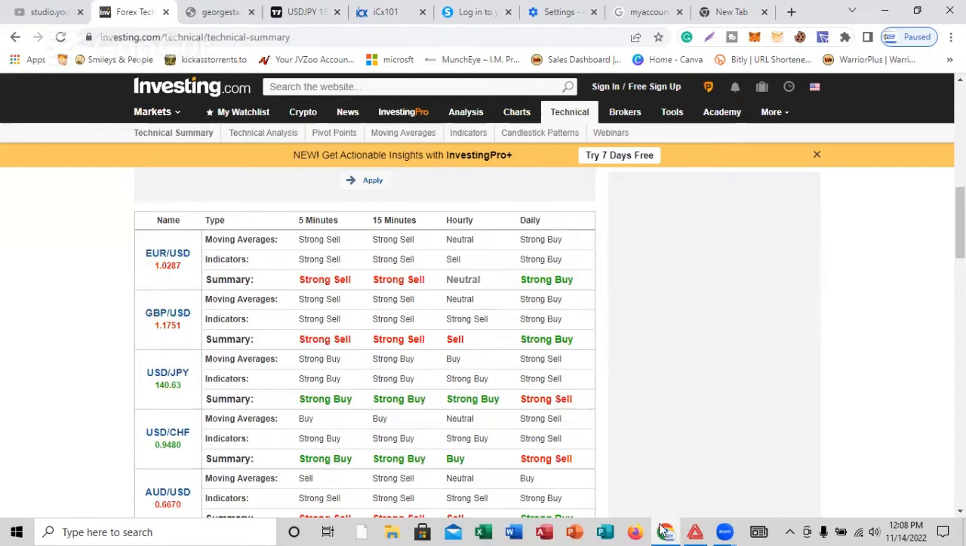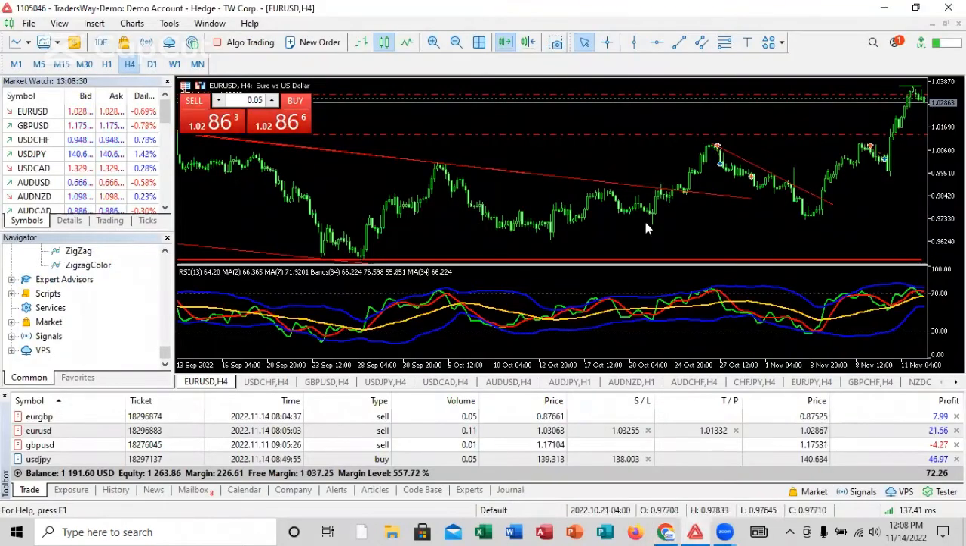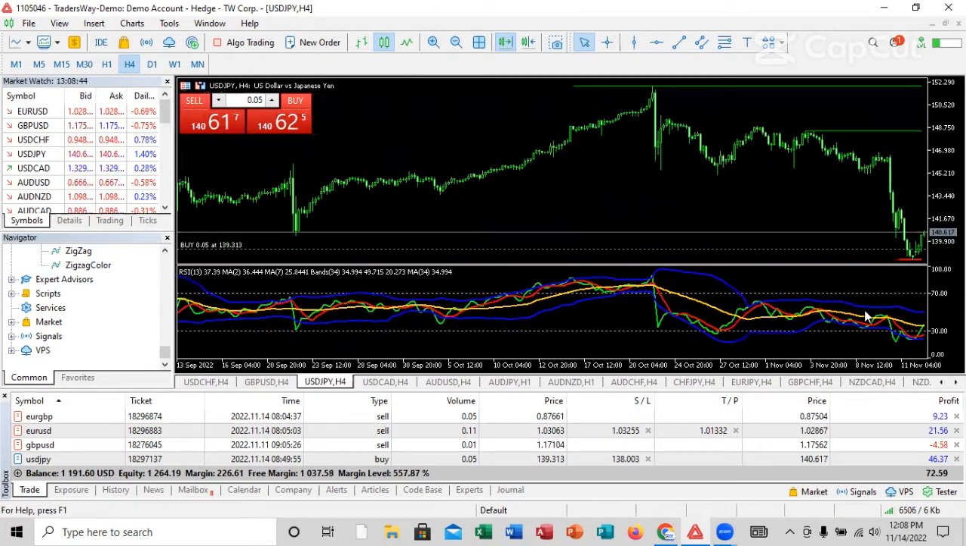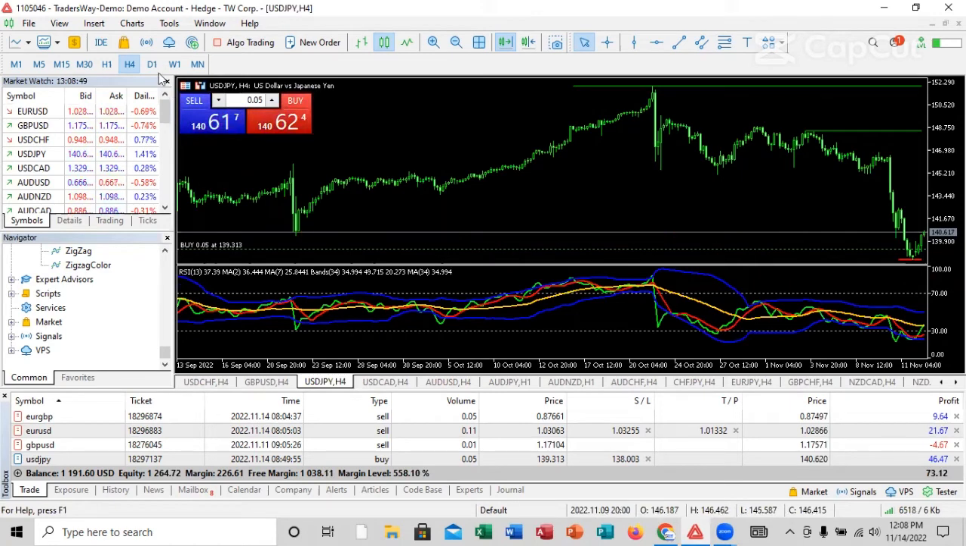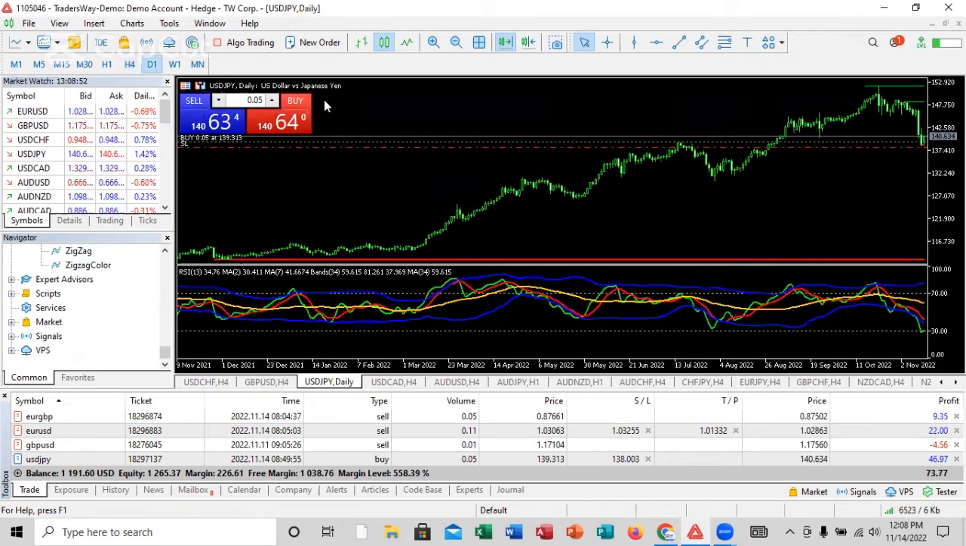When I come down here, I'm going to be looking for sell. I'm not buying, okay? I'm going to be looking for sell here, right? Let me just show you in the case of this USD JPY here. If you look at this USD JPY, you can see it's asking me to sell on the 4-hour time frame. Even on the daily here, you can see